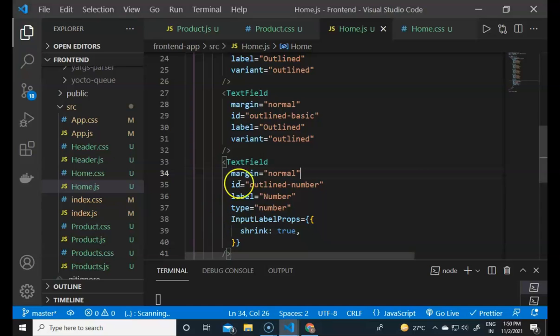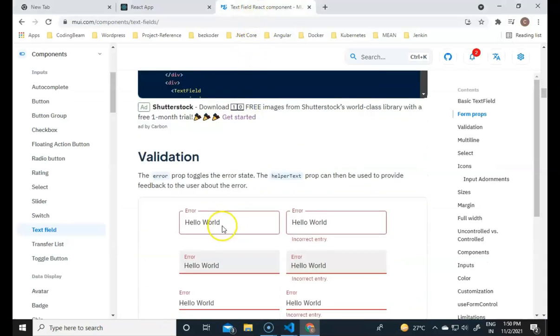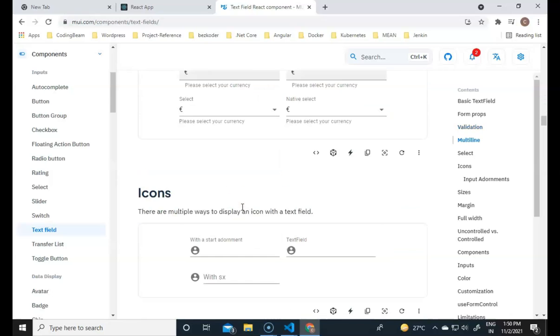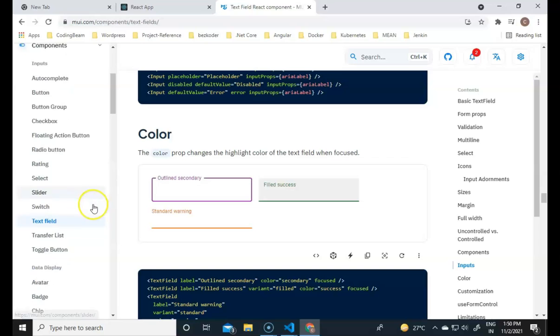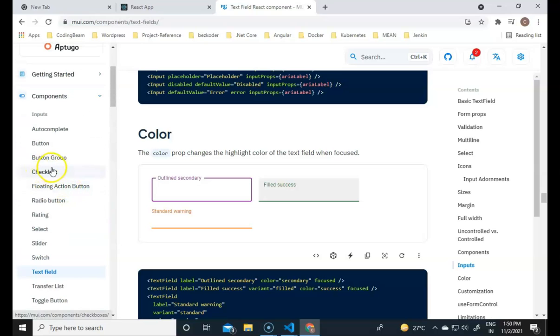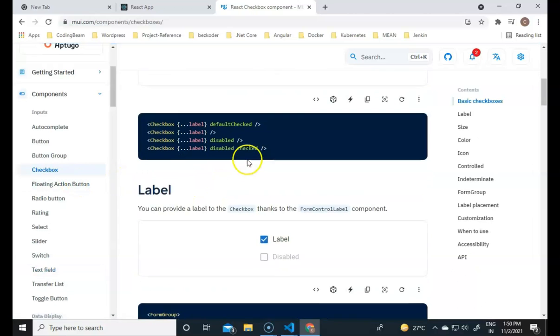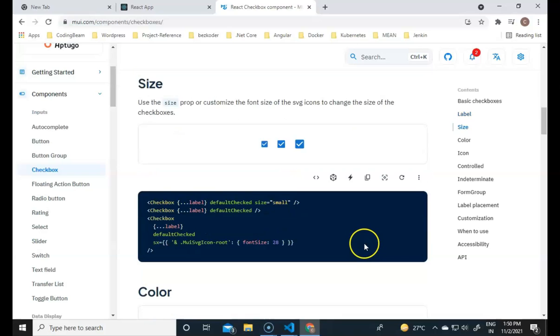Now we have to define another checkbox because of the is featured field in the database. To define the checkbox, first we have to go to the components and select the checkbox. You will see this contains a checkbox here in the components. Go to this and select a basic checkbox. If I define a label here, it will contain a form group and then a form control label and all.